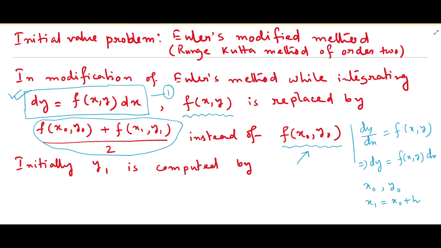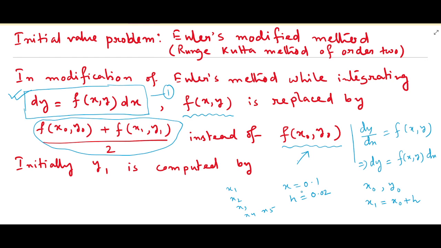Now, is this modification better than Euler's method? Yes. In Euler's method, we did one problem where x was 0.1 and we took the step size as 0.02. Then you saw x1, x2, x3, x4, and up to x5, so there were 5 steps. But here, when you do one problem, you'll see it is a little bit different. I'll explain the actual thing in the problem.